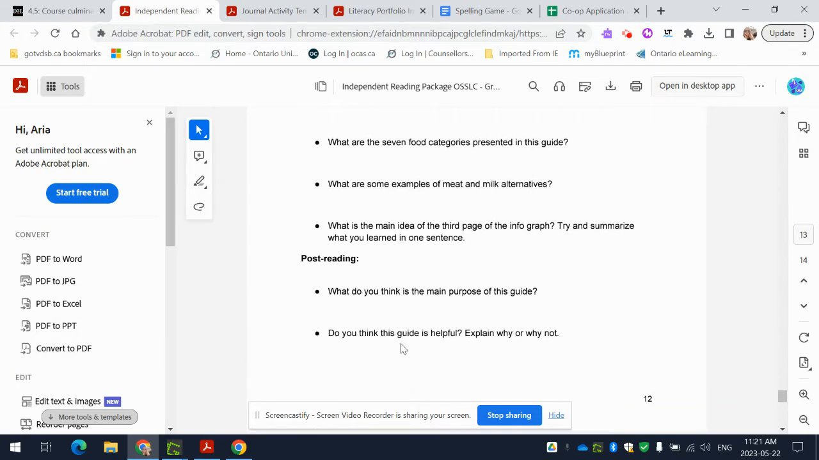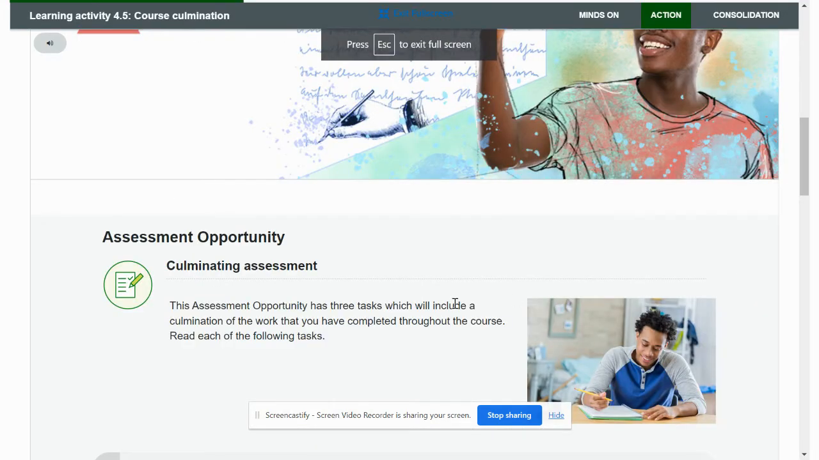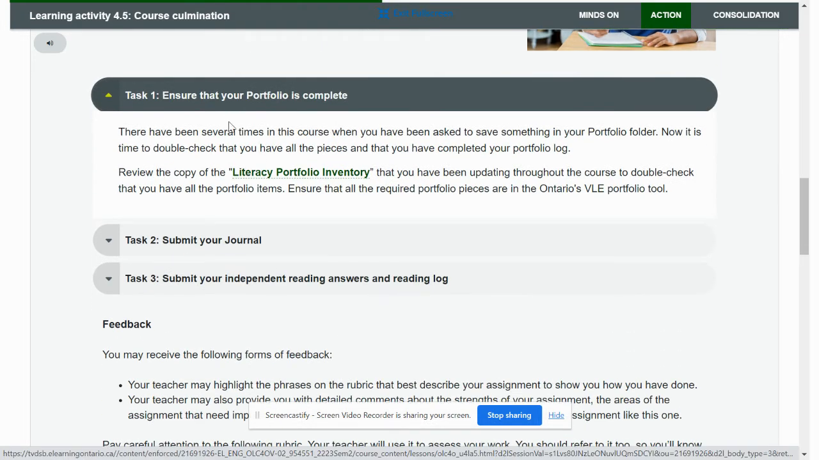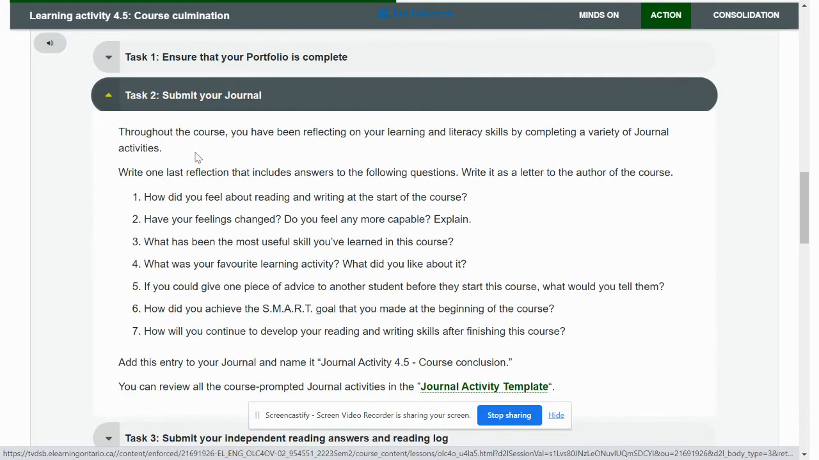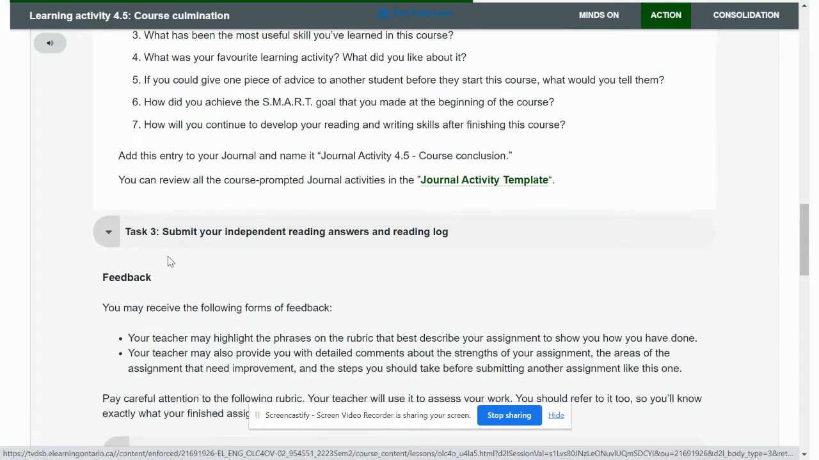and submitting the answers in this final activity. All right, so if we go back to the course culminating, this is what it looks like here. When you scroll through, you should be able to check that you have each of these done. So task 1, your portfolio is complete. Task 2, you have your journal, and here you need to answer the final journal activity. So you need to make sure you're answering all of these questions for me and submitting it, as well as your journal activity template. I'm going to be looking over each one of these answers as well. And then finally, submitting your independent reading log,